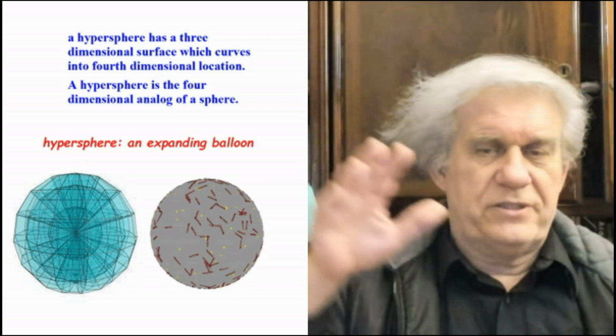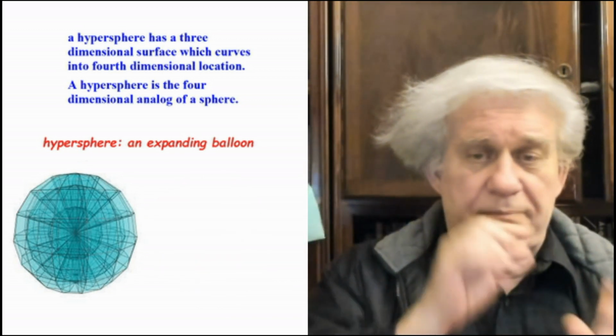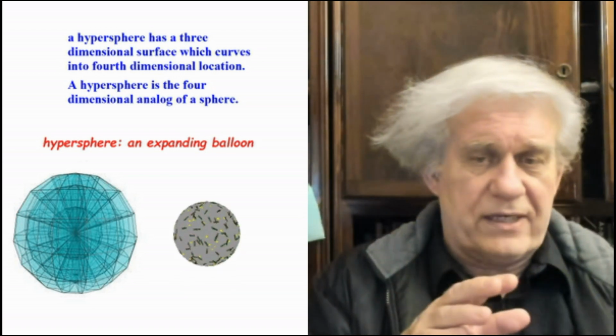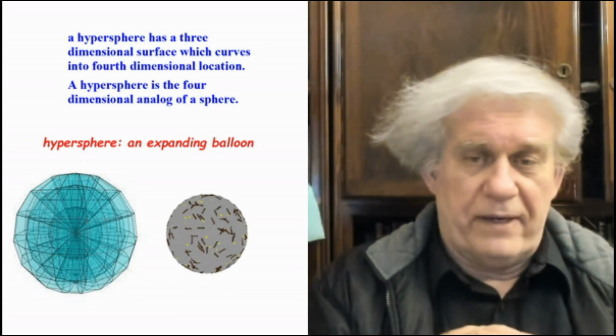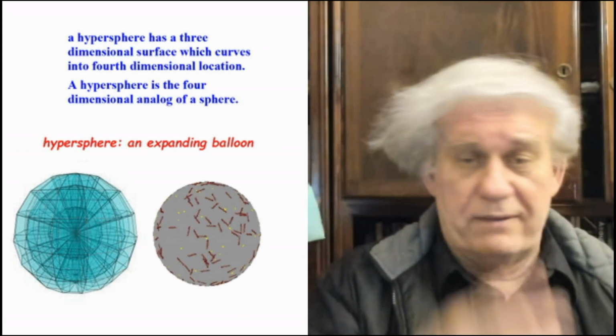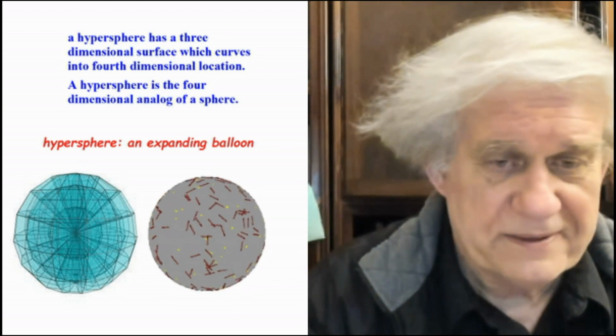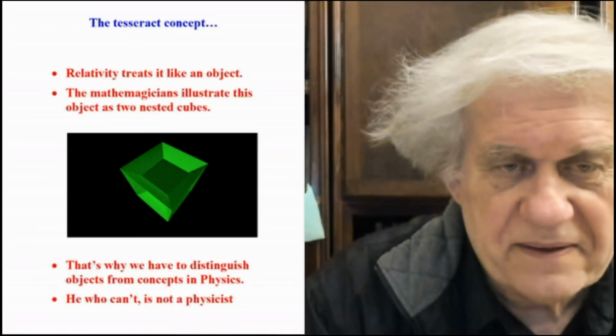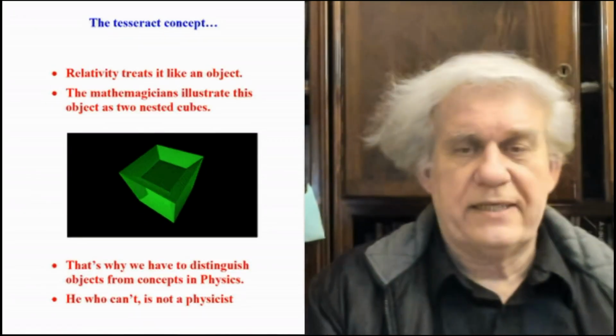So you have an expansion of a sphere, like if you blew a balloon and you take the first and the last images, you make a collage or superimpose one upon the other, and you say, okay, this is my hypersphere. And then I guess you can play ball with that and you move time around as well. That's what a hypersphere is. That's what these people are talking about. Unbelievable.